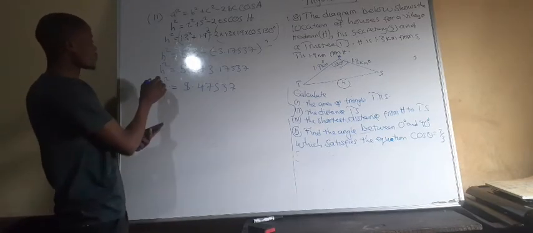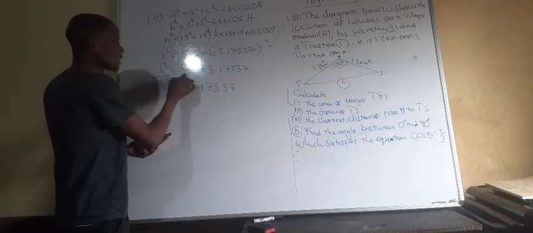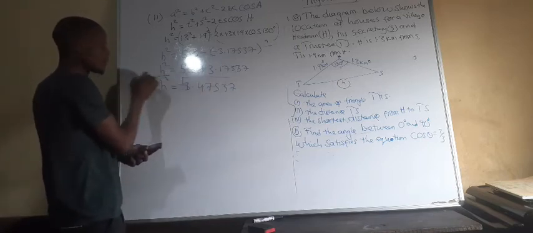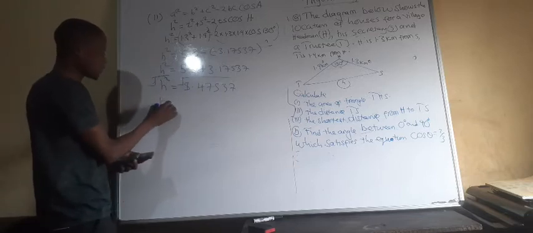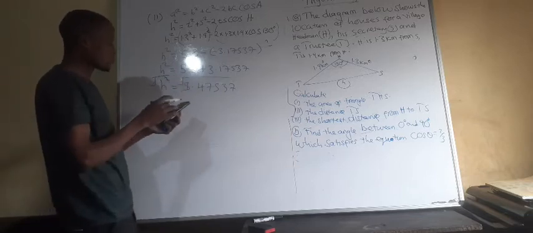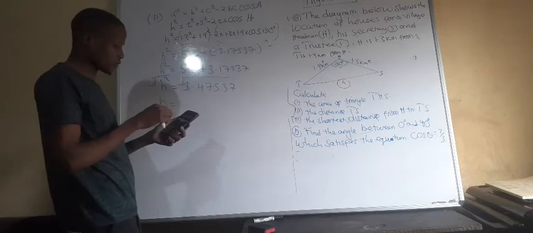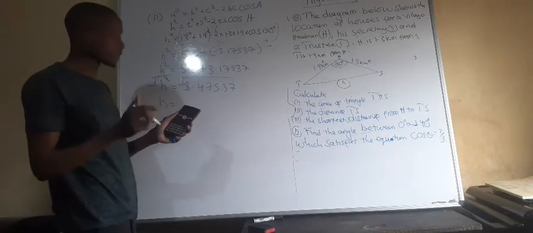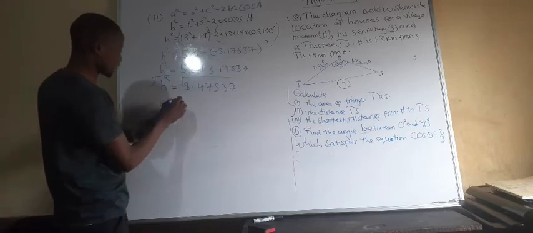Now what we are looking for is only H, not H squared. So we introduce the square root on both sides. The square root and the square cancel each other, remaining with H is equal to the square root of the answer which you have found. So just place the square root and press equals without rounding off the answer that you found, which is H is equal to